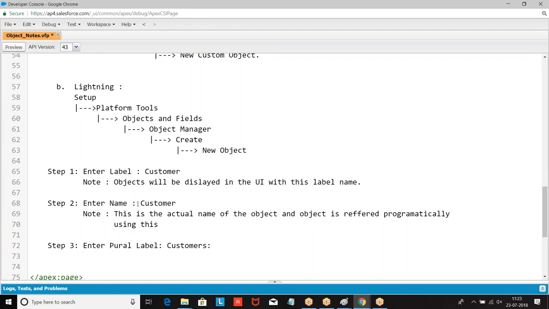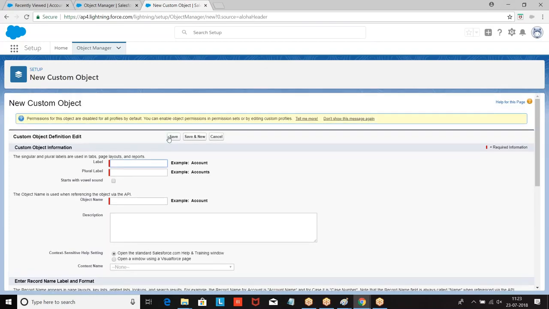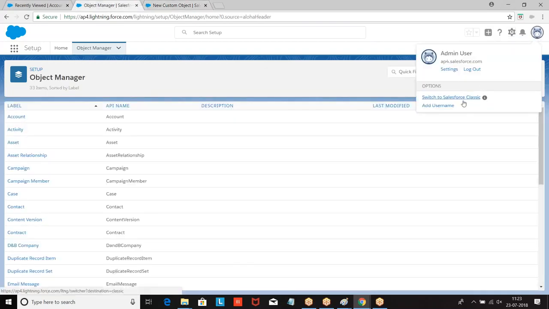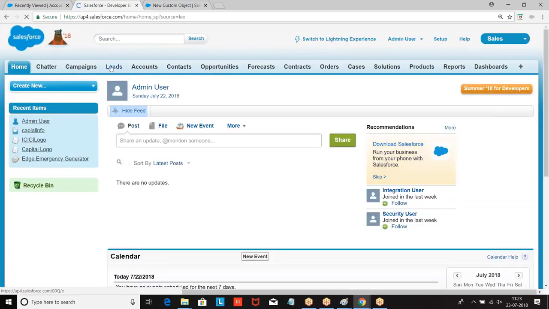Now, the name that should be displayed on the tab. Let me give an example here. Leads is a tab, Accounts tab, Contacts tab. So the label that should be printed on the tab is called the singular label.